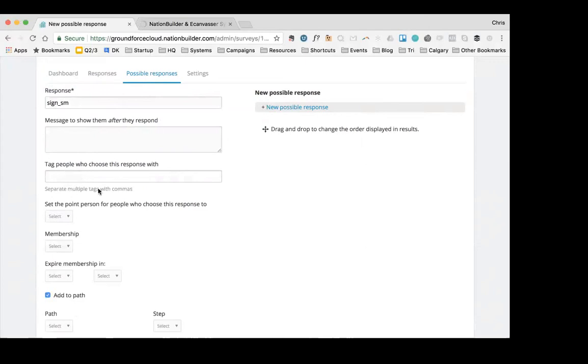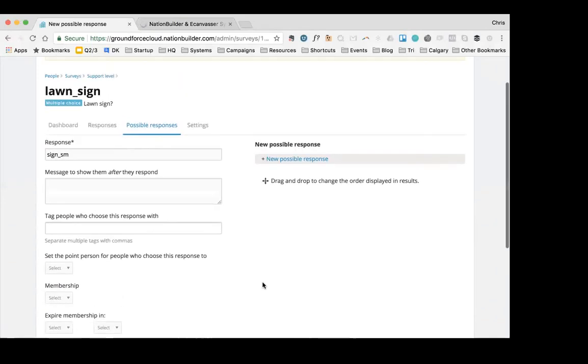Yeah, we haven't used the surveys yet, but I would assume that it does, only because when it pushes to NationBuilder, it's just following NationBuilder's tag and path instructions. Right, yeah. I would hope so, but since I haven't, I typically just tag it. But that gives you a sense of the type of response, and here's an example. We've got lawn sign, multiple choice, and yes small, yes large, yes corner, maybe callback. Those are the options. And it looks like there have been 76 responses there. So that gives you